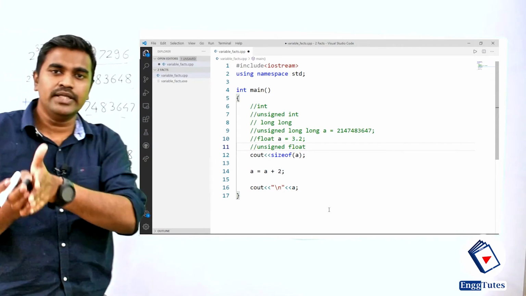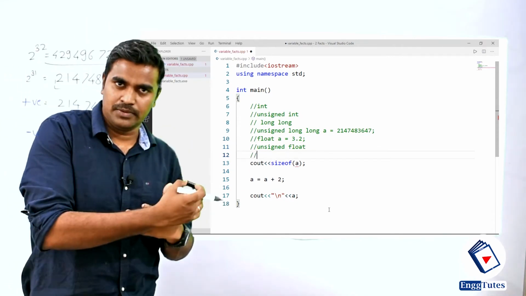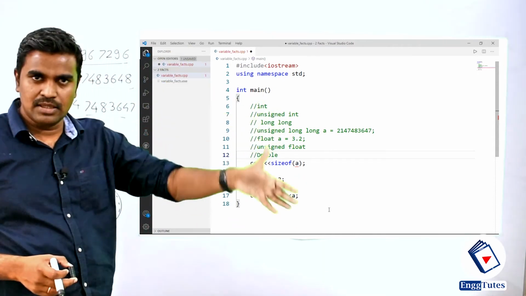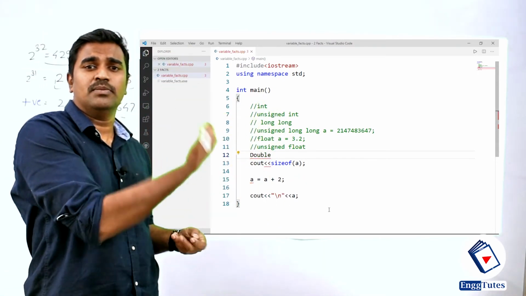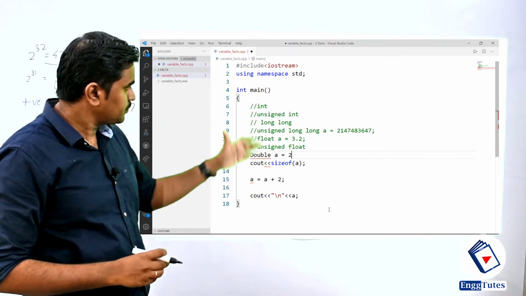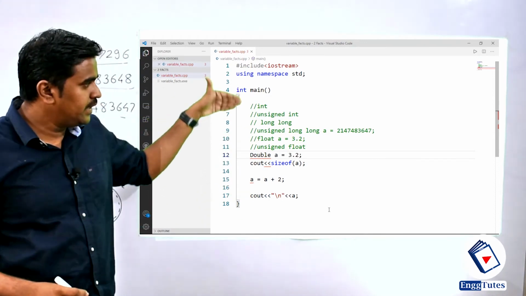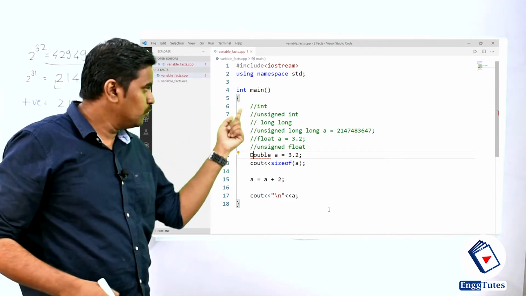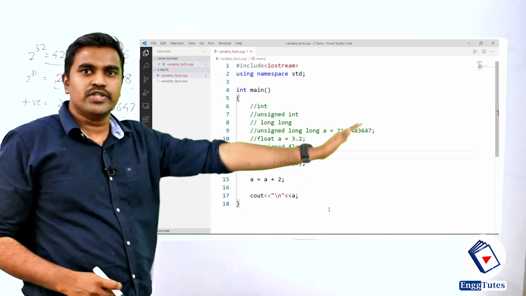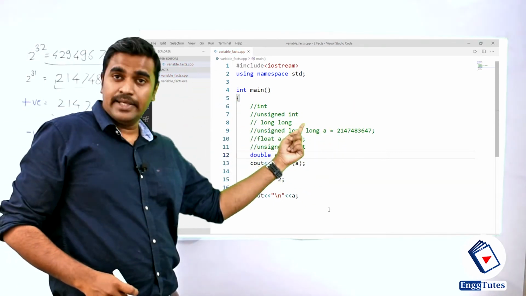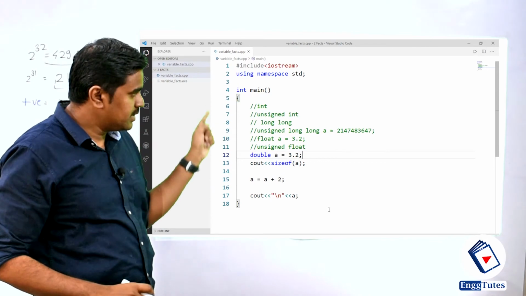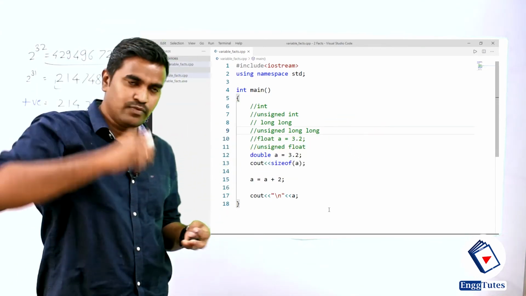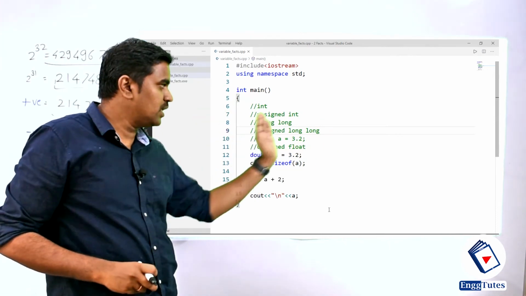But for integer we have the data type long. Similarly, for float there is a data type called double, which allocates 8 bytes of memory for decimal point numbers. So int, unsigned int, long: 4 bytes, includes positive and negative; 4 bytes for all positive numbers. Then long is 8 bytes for integer type numbers. Then similarly, unsigned long a, if you want to use the whole 2 to the power 64 range for positive numbers, then use unsigned long.